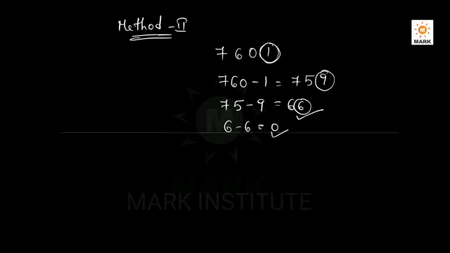Thus the final number that you get should be 0, 11 or multiples of 11. The same thing applies here also. Then the given number is exactly divisible by 11. This is the divisibility rule for 11.